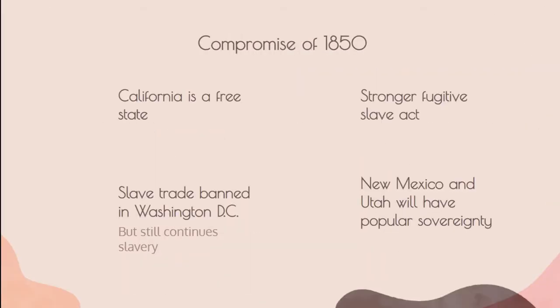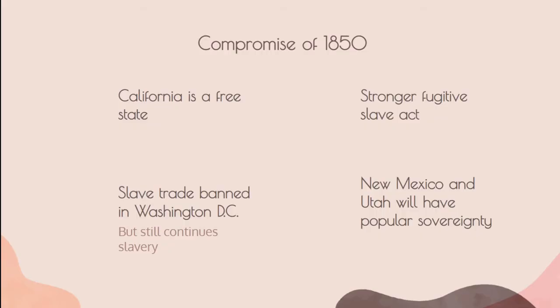So, in order, the federal government tried to relieve all these tensions caused by this by making the Compromise of 1850. They would make California, which was also admitted, into a free state, and they also made slave trade banned in Washington, D.C., but the area still continues having slavery. They just want to be an exchange of slavery into that land, right?